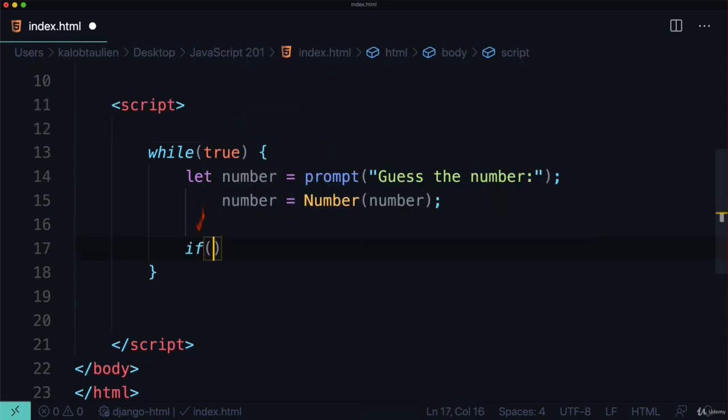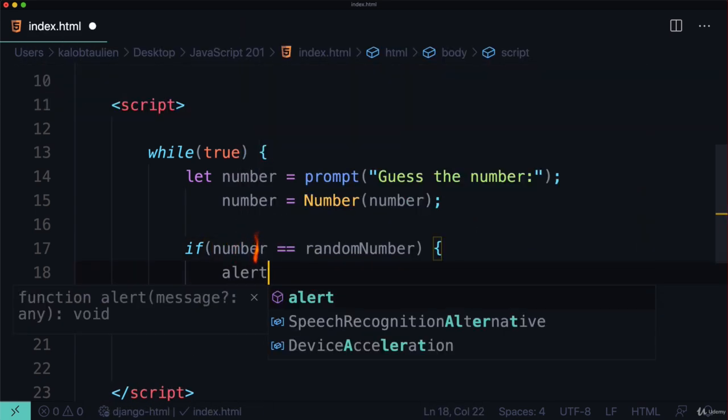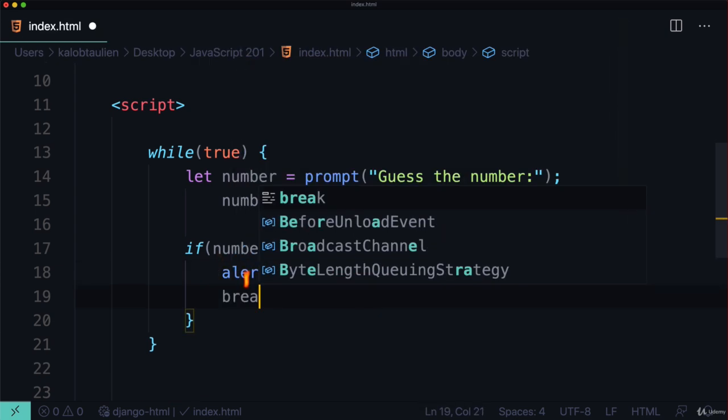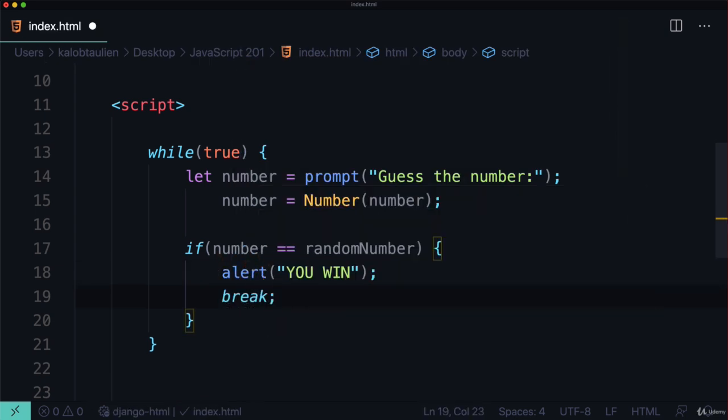So now we can say if number is equal to random number, which we don't have yet, alert, you win. And let's break out of this loop so it doesn't ask again. Now we don't have random number. Let's go ahead and create random number. Now I said random number is going to be between 1 and 10. So we can say const random number is equal to